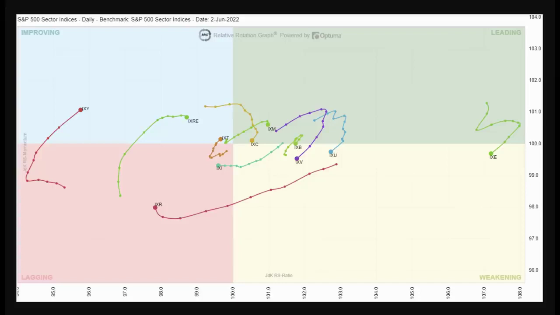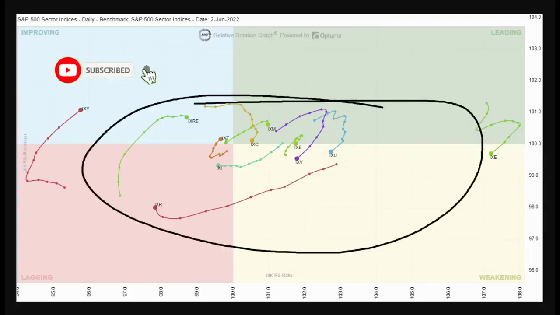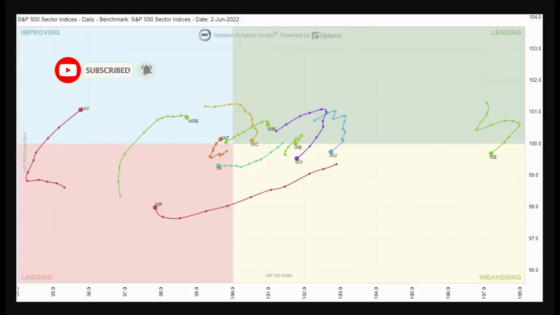So let's begin today's video by talking about rotation and money flow. For anyone that's ever had access to a Bloomberg terminal or Reuters terminal, you would know that these little squiggly lines appear in that platform. But what do they really mean? Well, just before we dive into what they really mean,